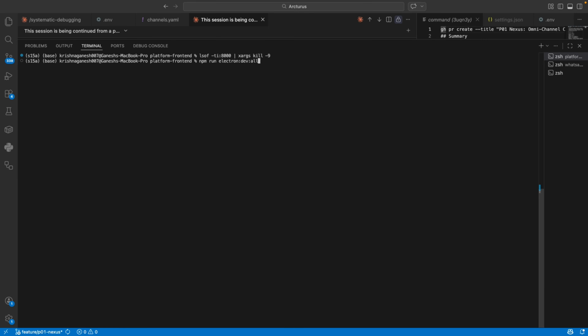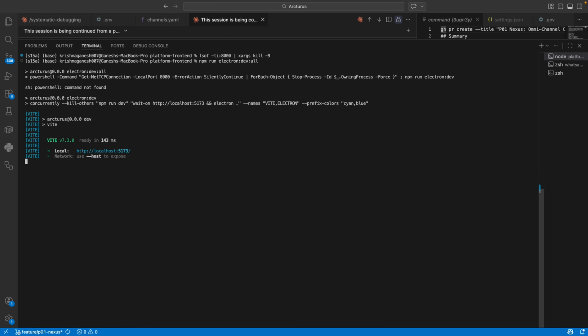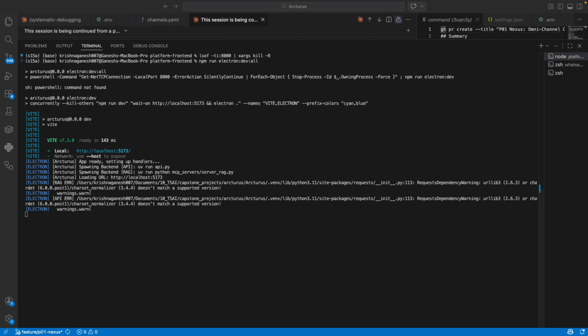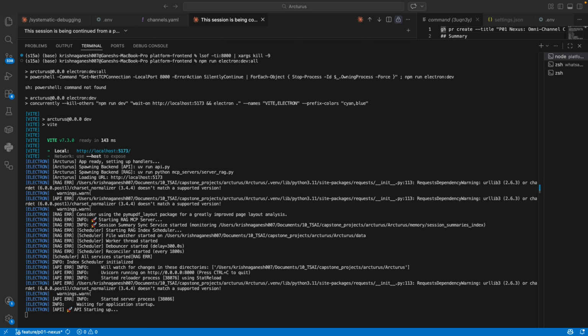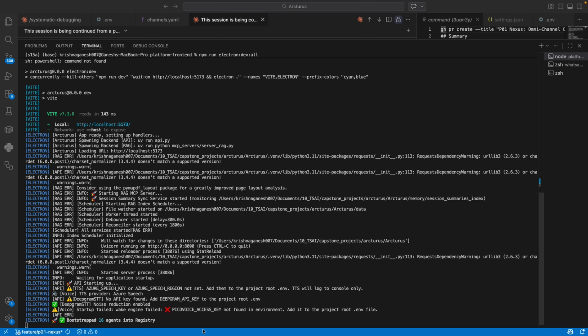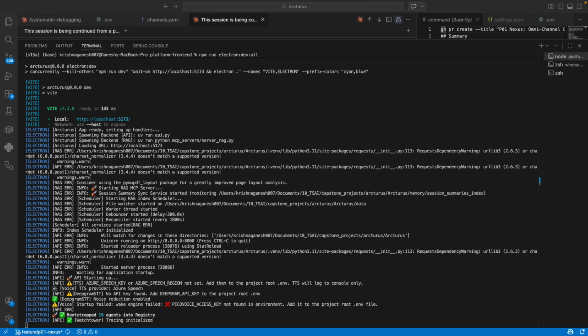All right. Here I'm starting off Arcturus backend, and it's going to spin up all the agents. It's going to initiate the backend servers and everything. But in this video, I'm going to focus on multi-channel interaction. What that essentially means is, pretty much inspired by OpenClaw,